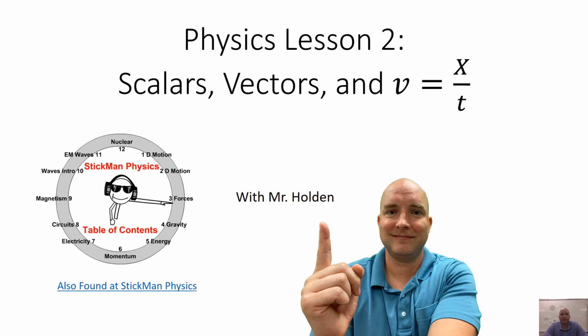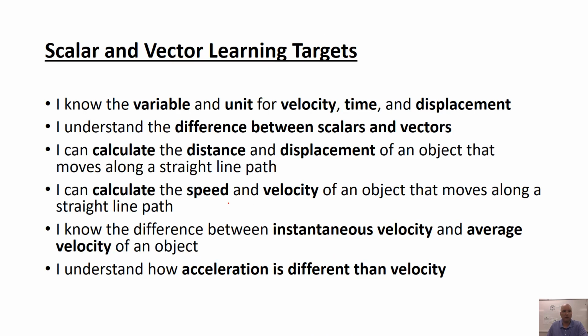To the second physics lesson on scalars, vectors, and the equation v equals x over t. Here we're going to know the variable and unit for velocity, time, and displacement. We're going to look at the difference between scalars and vectors. We're going to calculate the difference between the two when we look at distance and displacement. We're going to calculate speed and velocity of an object. We're going to look at instantaneous velocity and how it compares to average velocity, and just a little bit on